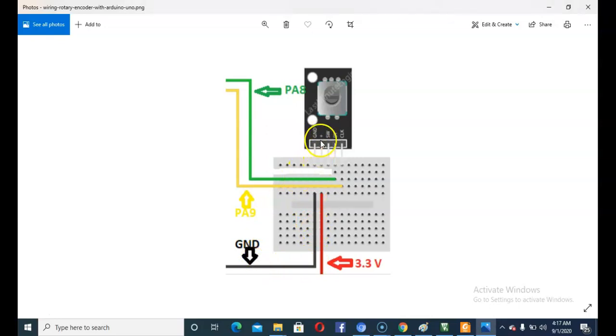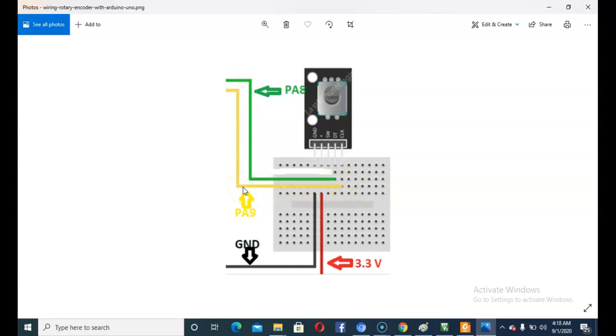The positive or VCC is shown by the red wire. It is connected to 3.3 volt of the microcontroller, and this DT pin is connected to timer channel 1, and this second one, clock, is connected to timer channel 2.